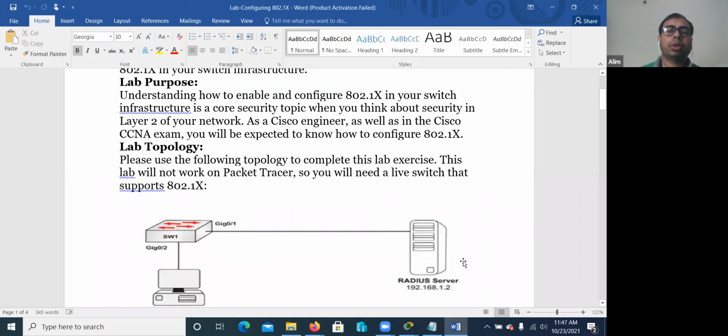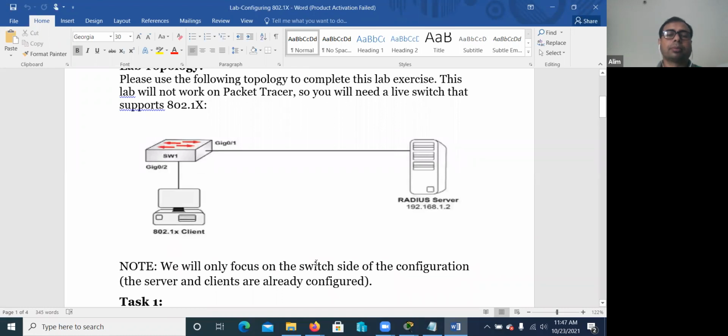It is actually port security. So when we configure very secure port configuration, we use a RADIUS server